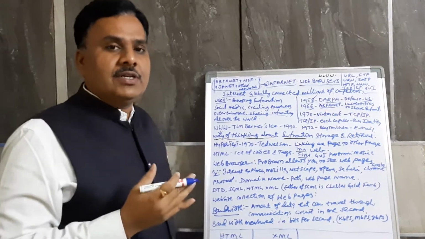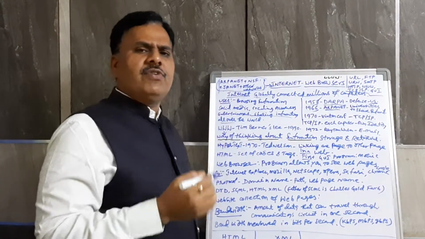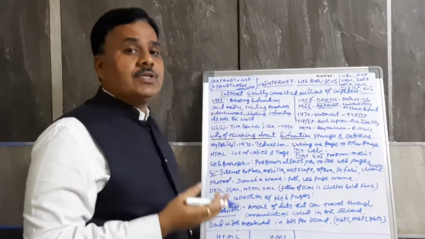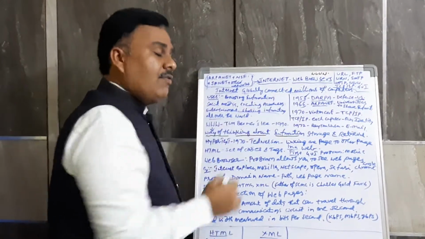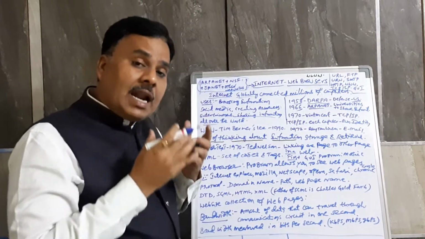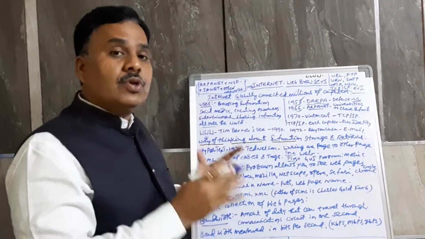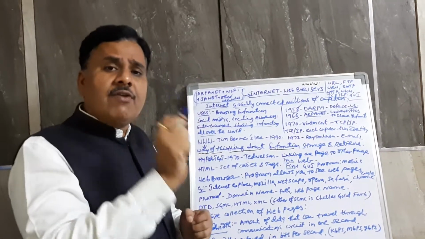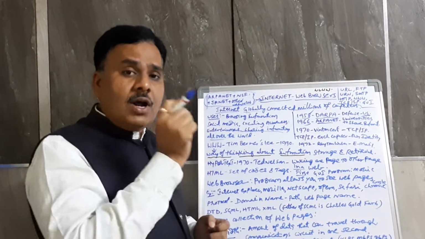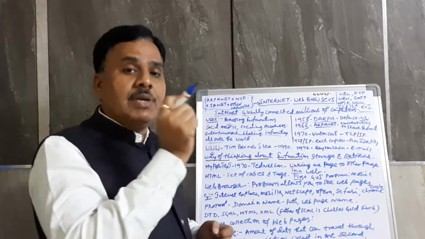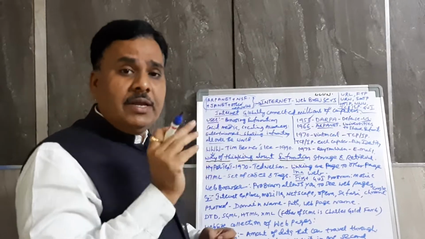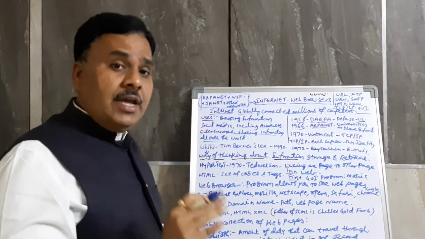What are the uses of the internet? Browsing the information, every day millions, billions of people are browsing the information through internet, sharing the information, social media, creating the awareness among the users, entertainment. So internet is used across the world for sharing the information. Internet plays an important role in every individual's life. Without internet, we are not going to share the information. If you want to see today's newspaper, the e-paper is available. In this lockdown period, internet is playing an important role, mainly in India, in sharing the information.